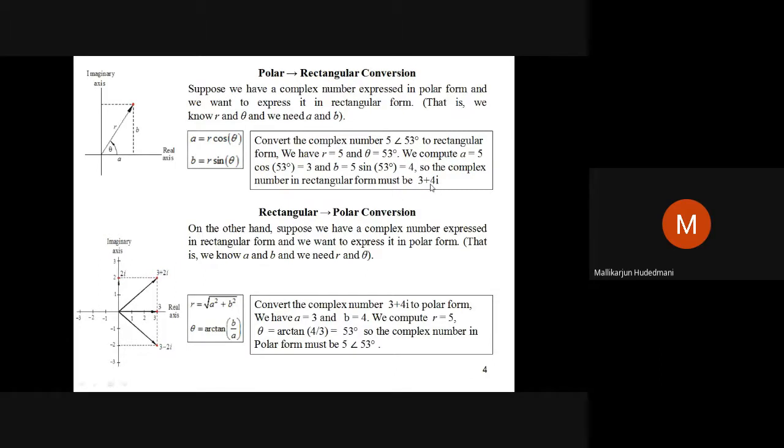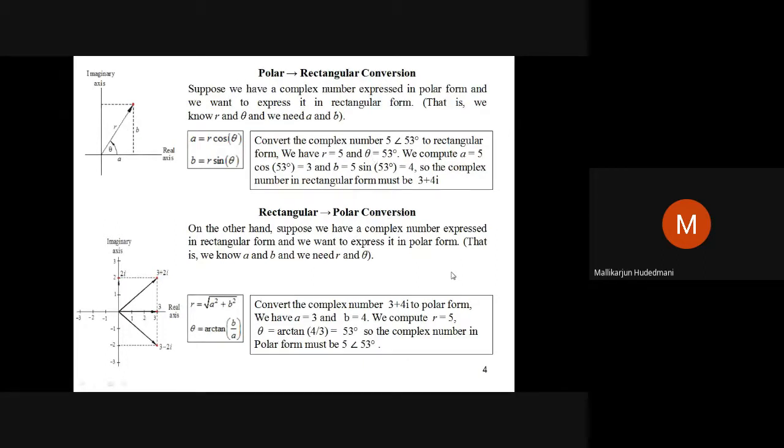Now you may ask me, how do you write plus or minus? That is dependent on the angle here. If it is a plus angle, it comes as plus. If it is a minus angle, over here comes a minus. That is the logic you have to remember. So therefore, you have to get the conversion of polar to rectangular.